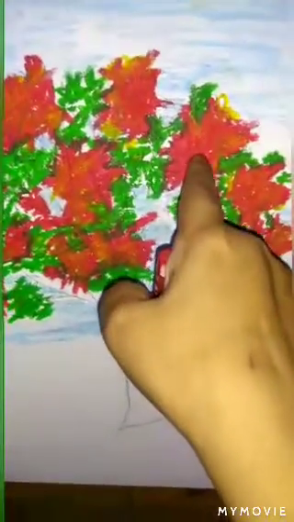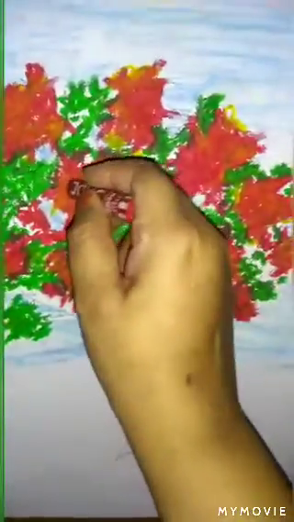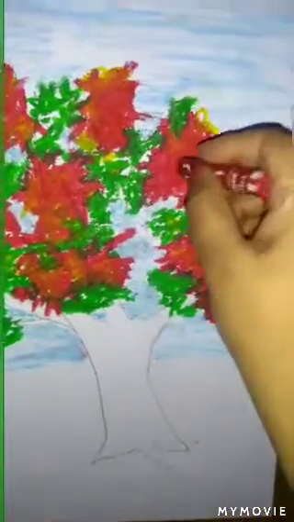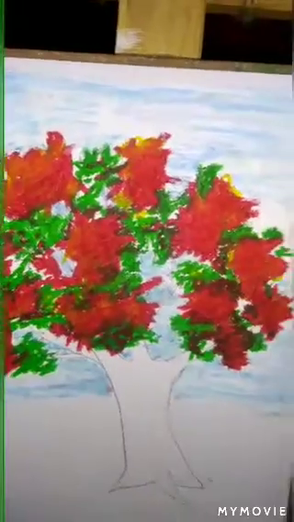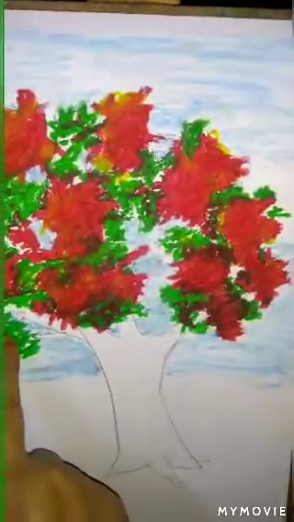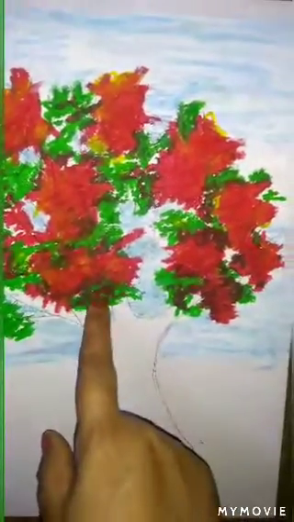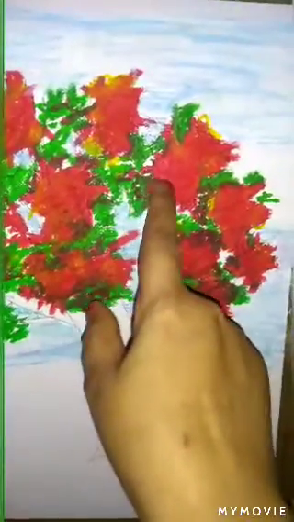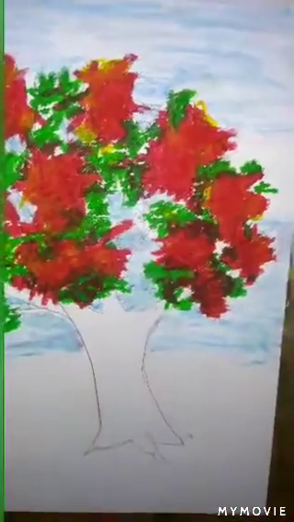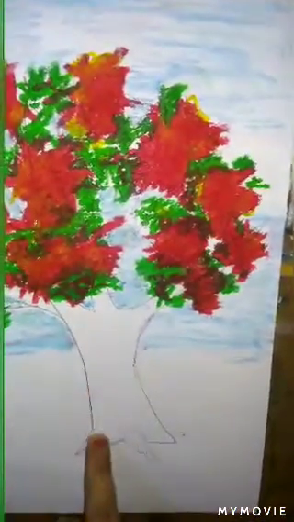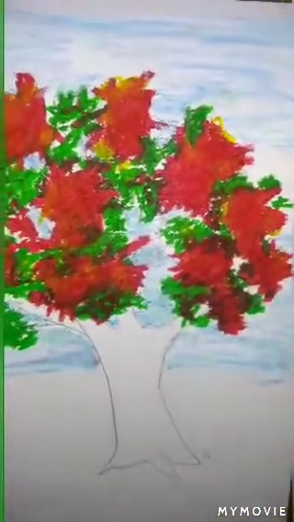There are still some spots visible and I don't want yellow anymore, so I am going to cover them with red, the white spots only on red. Okay, so it is done. A few spots on this green color I have filled with red too, and it has made a brownish shadow.